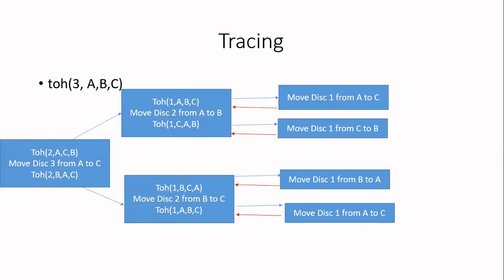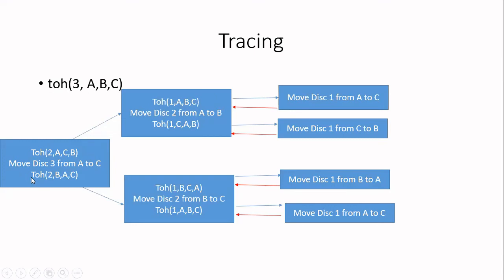Auxiliary would be the destination for that. Now, what is the second step? Whatever is here, it is n minus 1. You have moved n minus 1 disks. So what is the second step I have written? Move the nth disk from source to the destination. That is the thing I told you. So what is n? N minus 1 is 2, so n will be 3. So move disk 3 from source, which is A here, to destination. Destination is C. So that is your next step.